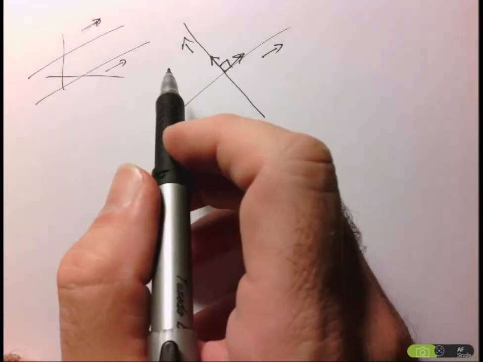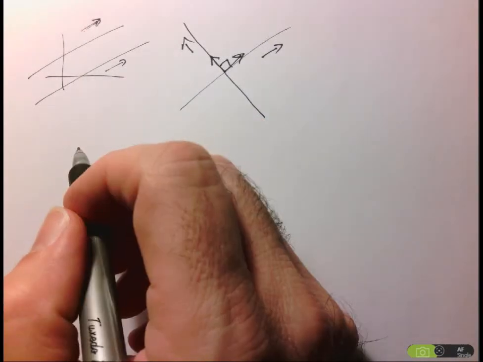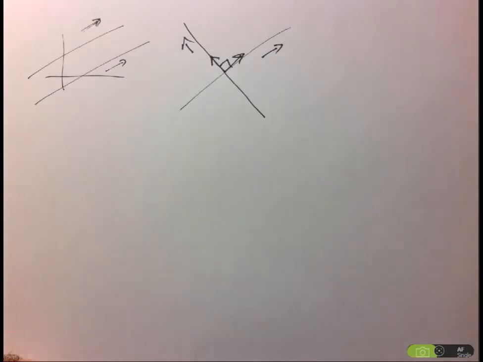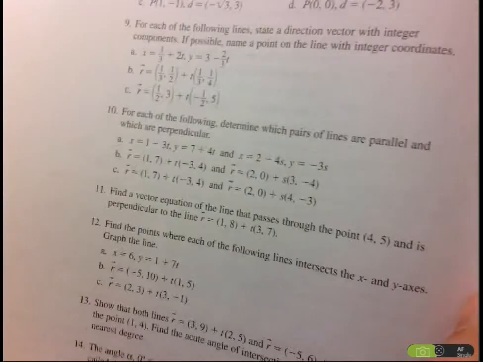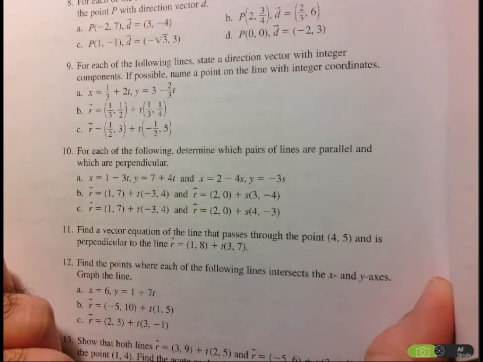The way in which we show two vectors are parallel is to show that they're scalar multiples of each other, and the way we show that two vectors are perpendicular, of course, is to check whether the dot product is 0. So if we take a look at this first example here, we see that it's given